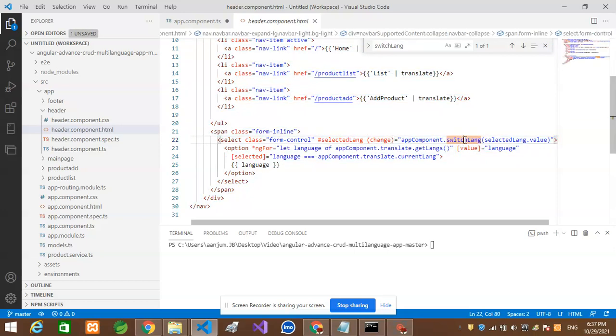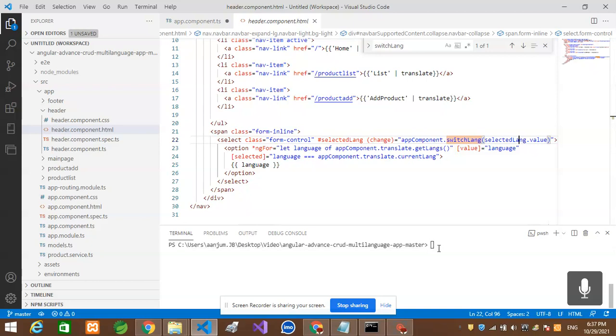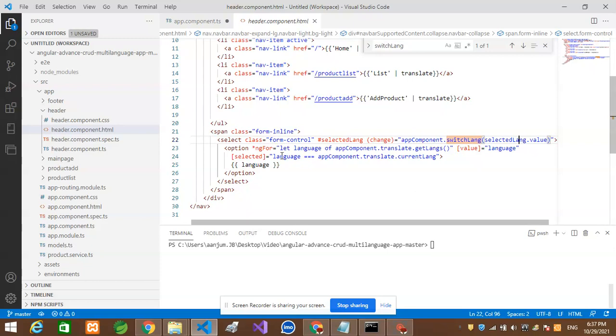Here we set this method on the change event. We get the selected language and pass it to this method. Now everything required for multilingual support, we have done.